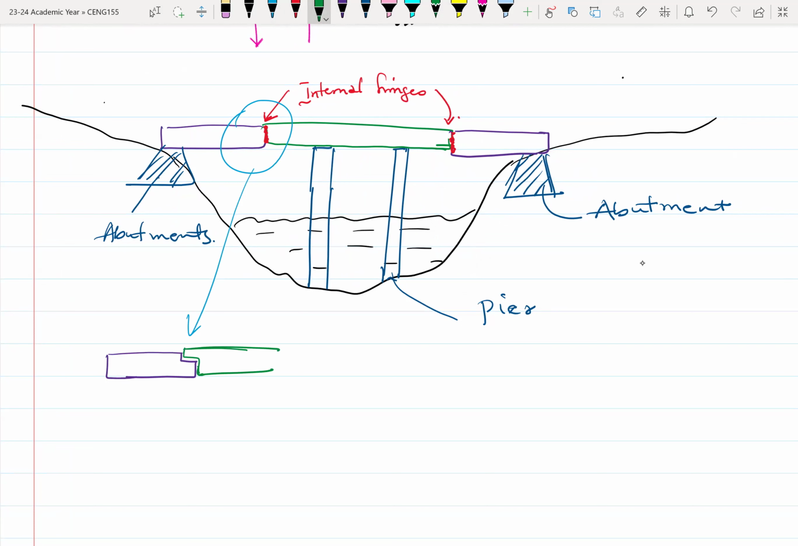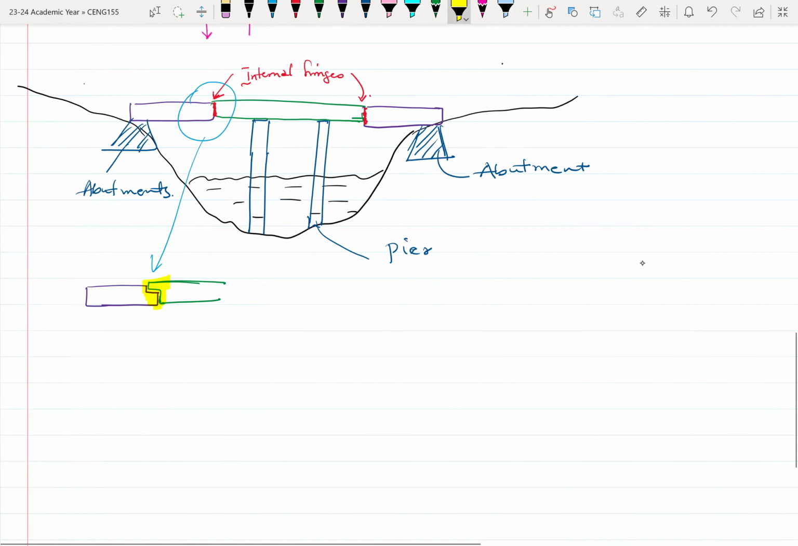So this connection over here, this zone, is actually an example of an internal hinge. Okay. So it's quite common in bridges. And what it does is that it takes this whole system as we see it, and then it converts it into a statically determinate structure. Okay. If I'm to draw the analytical model of the bridge system, what it means is that I would have